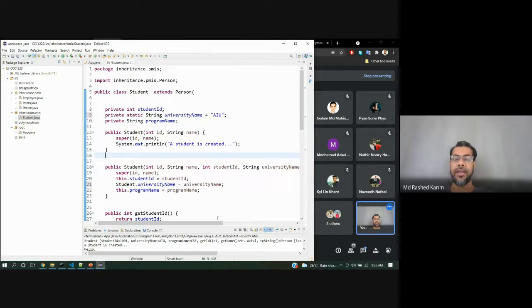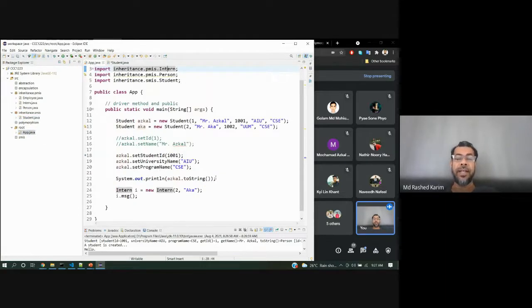I can transfer the variable from the constructor. So understand. I'm just omitting this one so that you can put it public. You can call it to see whether it is working or not.